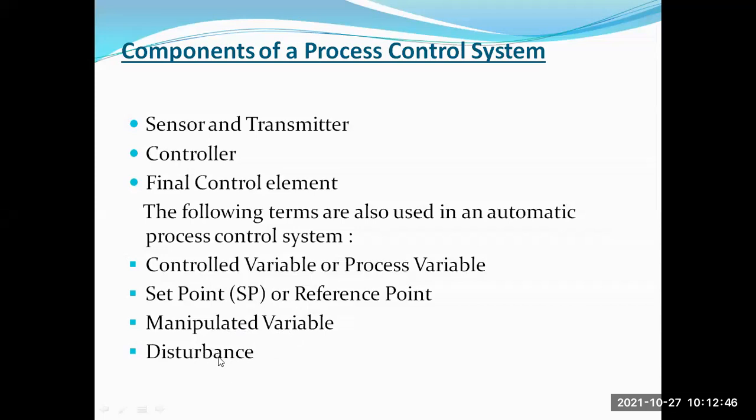The last one is the disturbance. What is a disturbance? A disturbance is a variable that causes variation in the control variable. There are a number of disturbances in different types of process loops. In the previous temperature controller example, these include inlet process flow, fluid flow, or any heat content. These are called disturbances. These four we use in the automatic